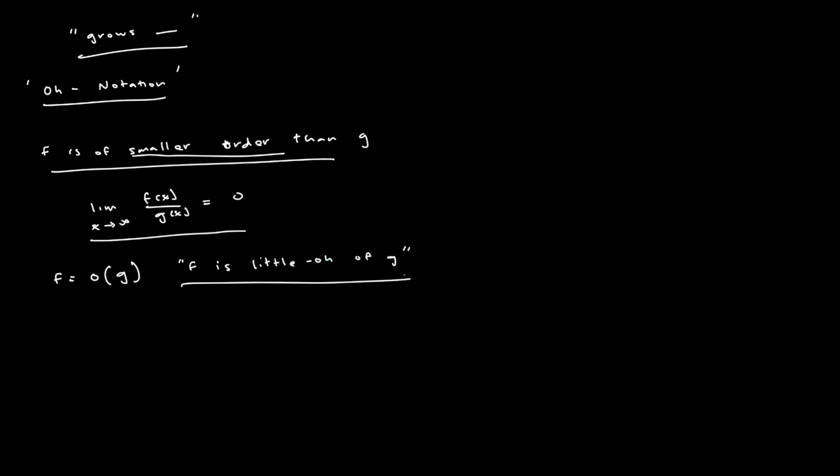And this notation is a shorthand which is used very often to just say that f grows slower than g, or equivalently saying f is of small order than g. So you use that little o notation to represent whenever one function grows slower than the other function. Now,